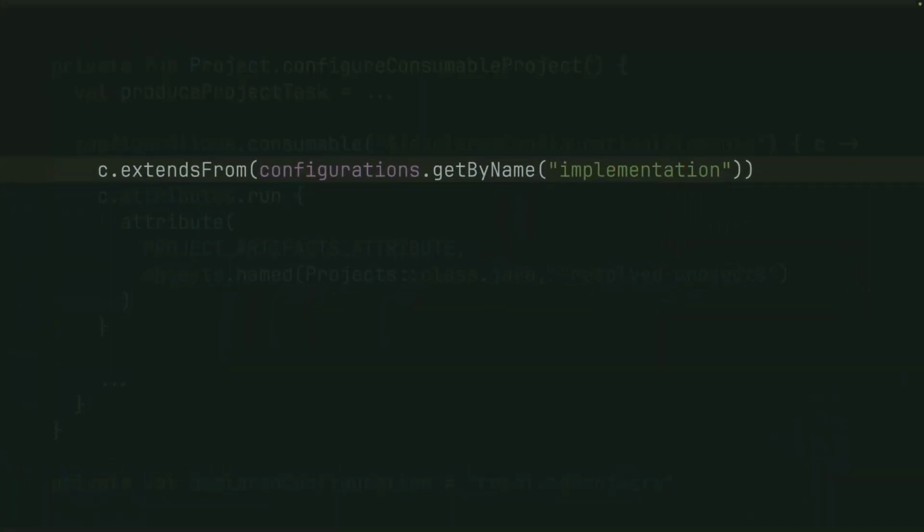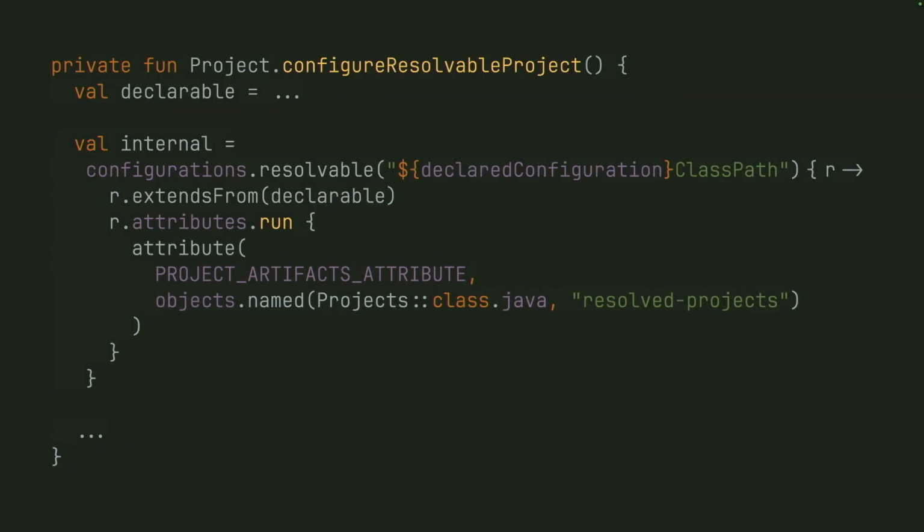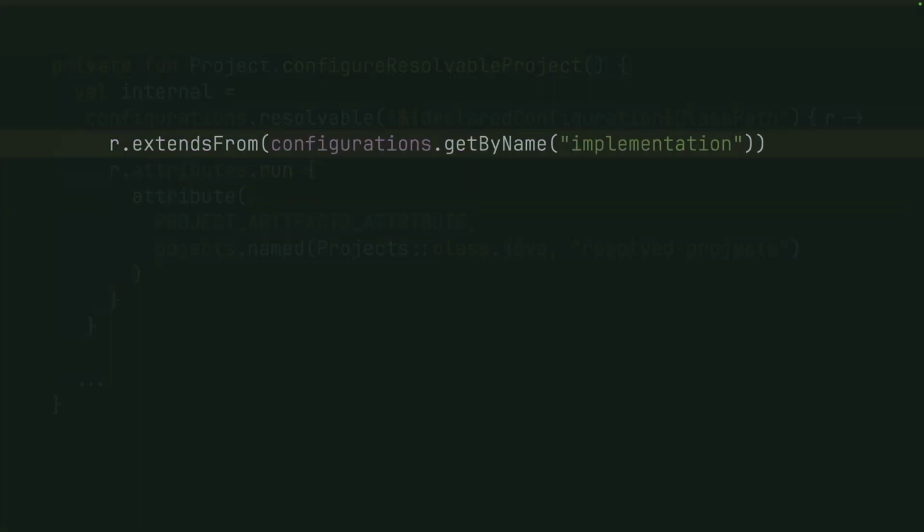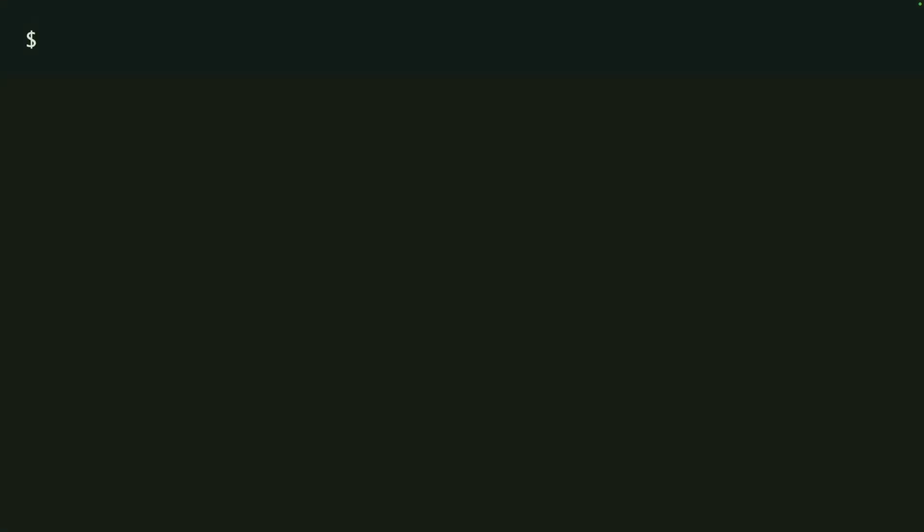Now, one thing I'm also going to do is I'm not going to extend my custom declared configuration anymore. I'm now going to hook onto the implementation highway, and I'll show you why in a second. Similarly, I'm going to do that on the other side. Now, why did I even do that? Actually, before I get there,